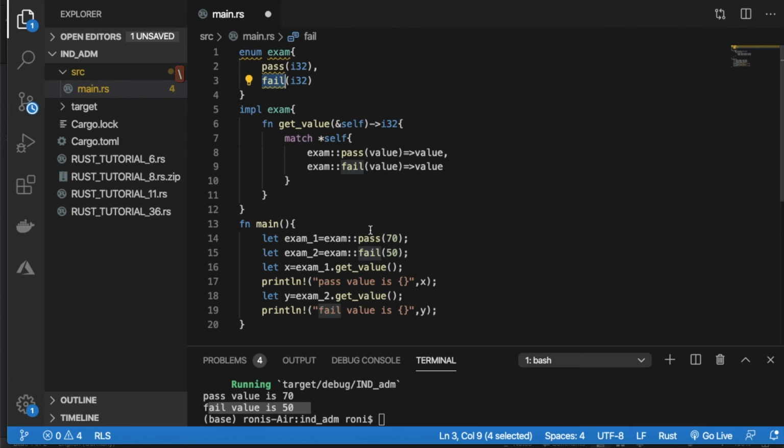But if you want to think about some other case, for example game development, there you have mouse clicks or key presses, and depending on that, your object should move upwards, downwards, left or right. For example, if you press the up arrow key, the key press event will be formed as a kind of enum, and every key will be stored here: up, down, left, right.